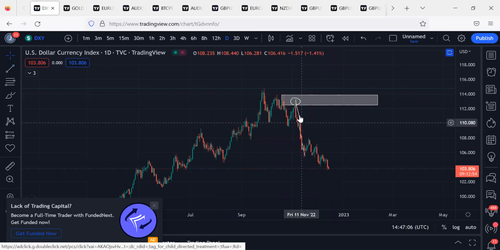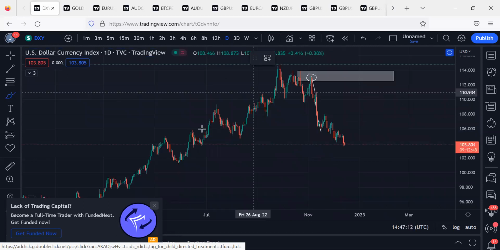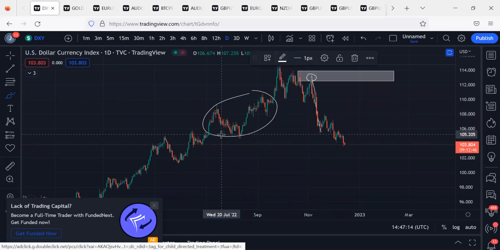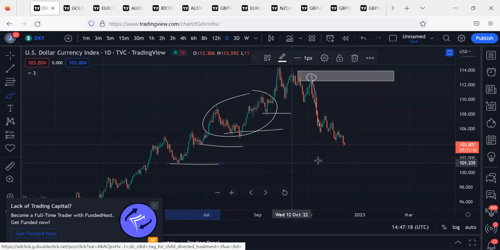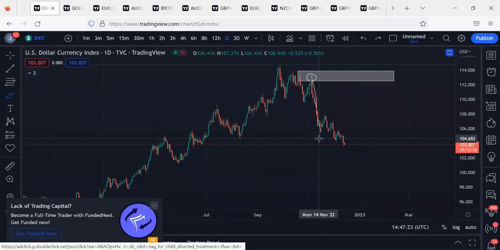Then my second entry was, I waited for all this to happen. I don't look at the back when I'm trading. Never do you look at what is happening here, trying to find your support and resistance. They might not hold. Don't do that. Just flow with the market. If you can flow with the market and understand market structure and price action, you are a professional trader.